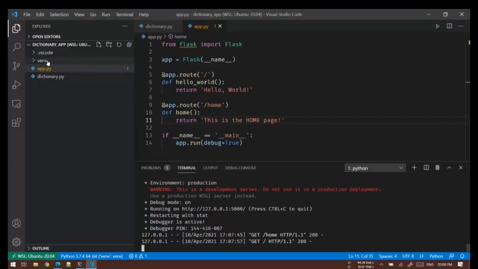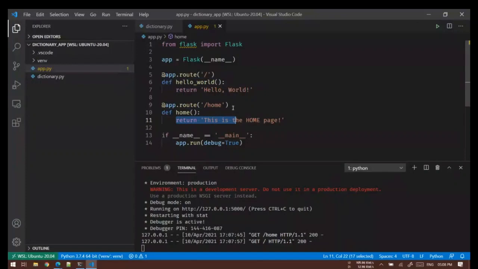So Flask is actually a micro framework for web development in Python. By micro, it means it is a small framework, and it has a lot of extensions, and you can use those extensions to scale it as per your use case or your needs. So this is how easy it is to get started with Flask. All you have to do is create an app from the Flask class, and then say app.route. Whenever somebody visits this route, execute this function.